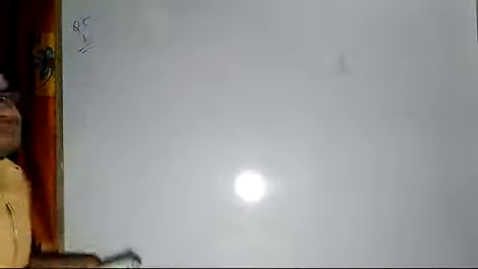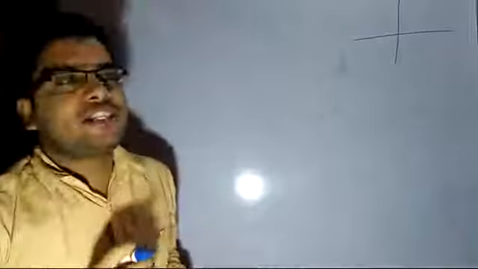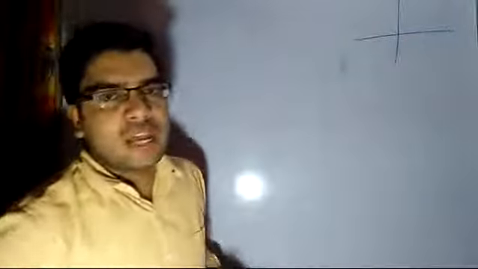Now I will discuss question number 5, subpart B. Now whenever in a question they say that a point is lying on the x-axis, suppose I have the x-axis and y-axis, and the question states that a point is lying on the x-axis. When it is lying on the x-axis, then what coordinates can you assume there?